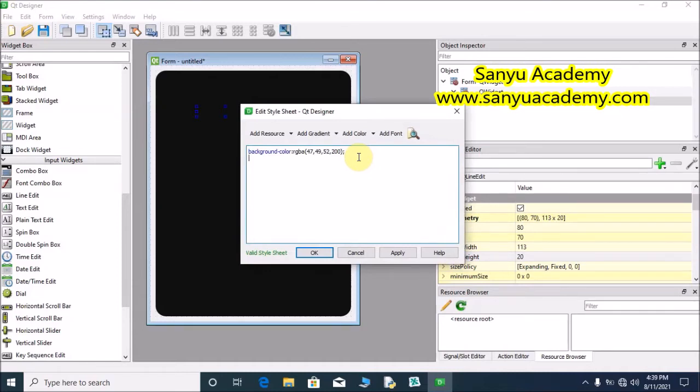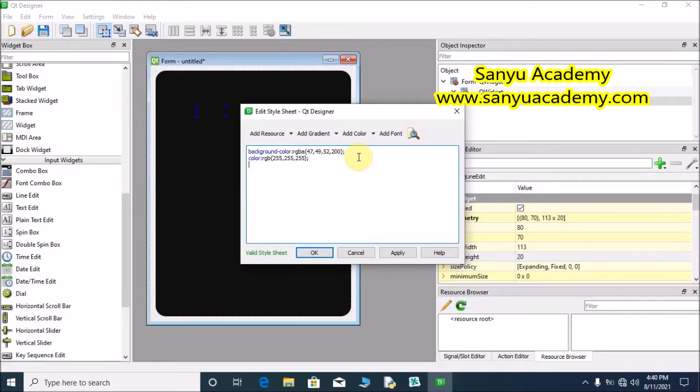Color is the text color that will be displayed in the text box. Color: rgb(255, 255, 255). We are going to provide the white color for this. The text will be in the white color in the line edit;